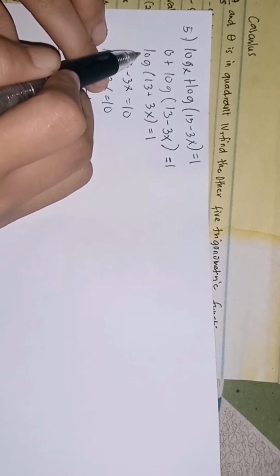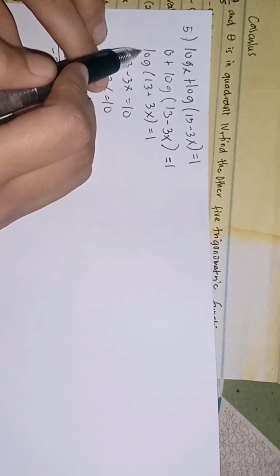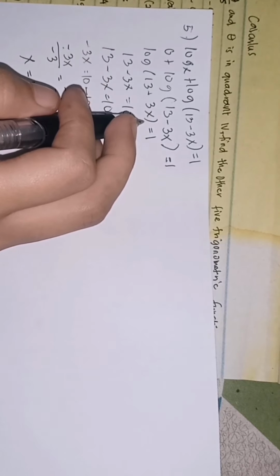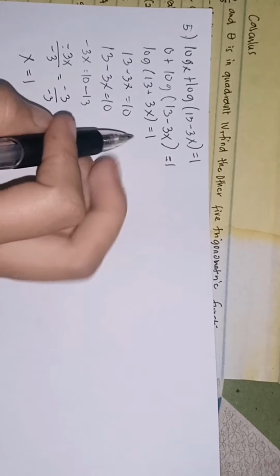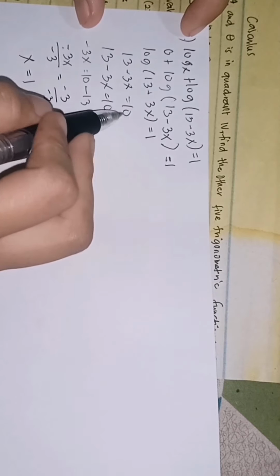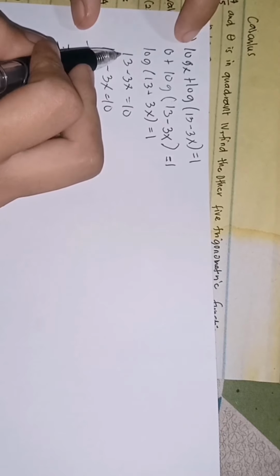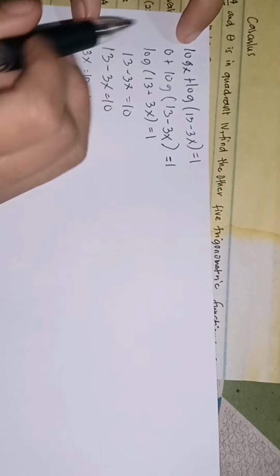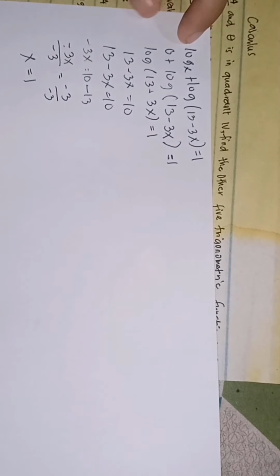Next, as I said in the previous problem, the log is transposed to the other side, and the value of the logarithm, log, has a base of 10. What remains is we just copy this parenthesis: 13 minus 3x is equal to 10, or it has an exponent of 1, which is still the same since it is 1. Next is